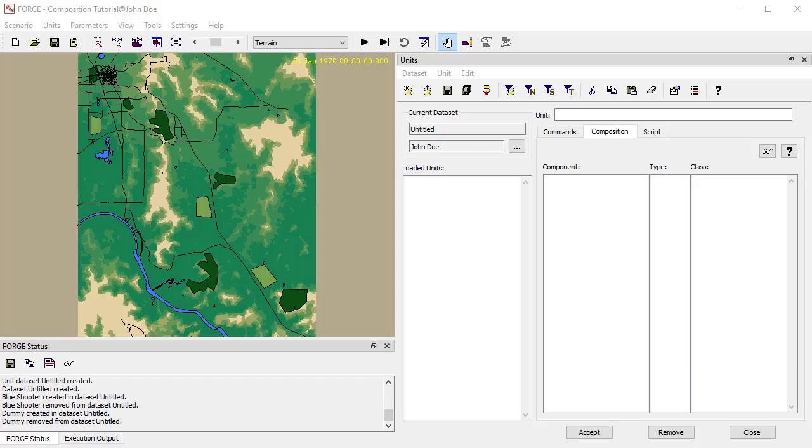This is a video in the series of videos that describes how to specify the composition of units. And in this video, we're going to look at how to attach platform models to a unit. And we're going to talk about the important role that platform models play in the life of a unit and